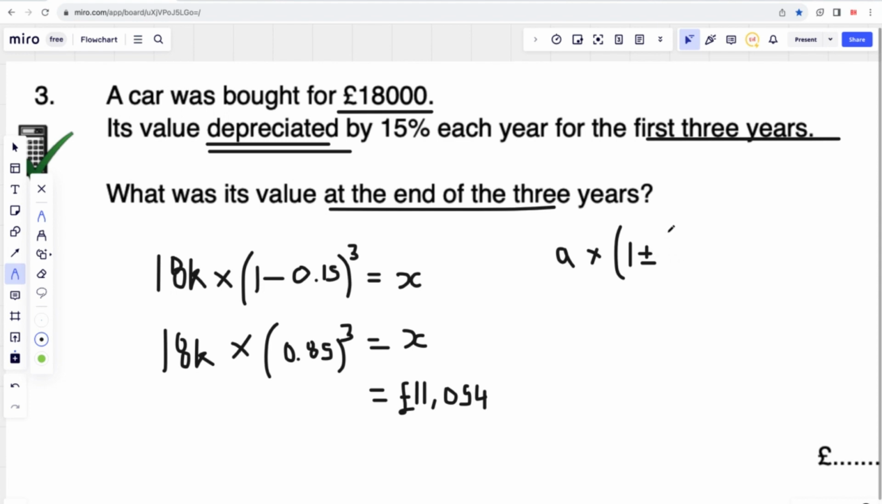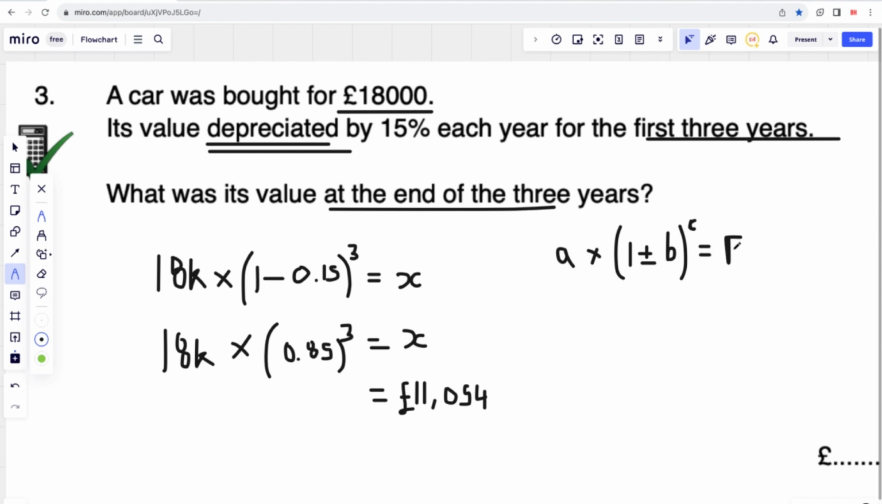And then B represents the percentage. The percentage you have to convert into a decimal like we did here. And then it's to the power of, like this, in brackets: 1 plus or minus B in brackets, to the power of the number of years. In this case it was 3. And that equals